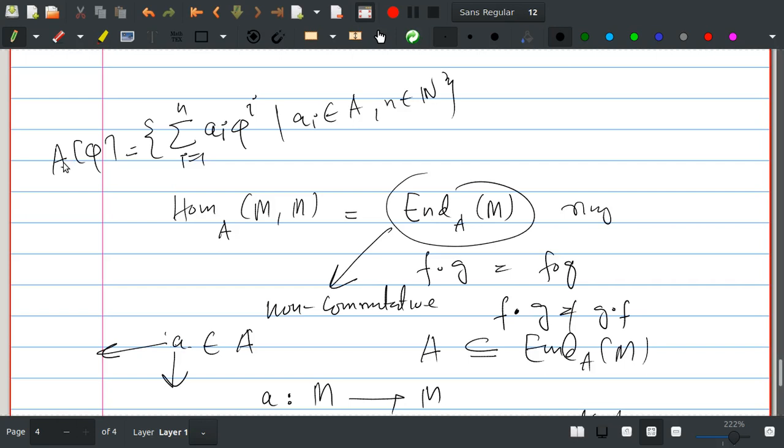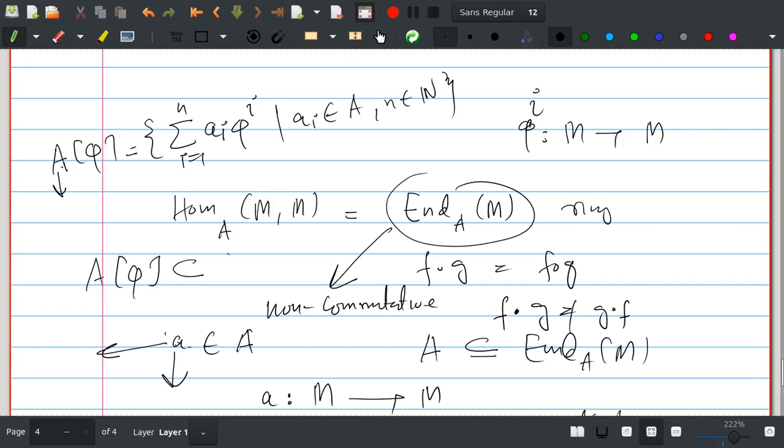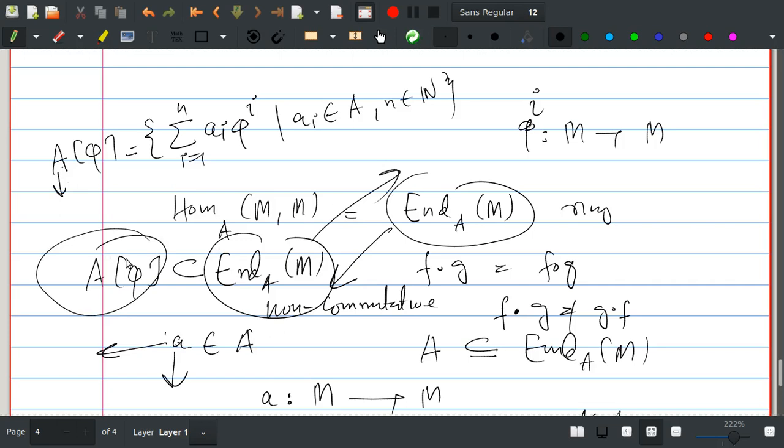Now note that each constant in A can be identified as an endomorphism of M, and phi is given to be an endomorphism because phi is a map from M to M. So is any power of phi. So that means A adjoined with phi is actually a subring of the endomorphism ring of M. Now note that this ring is non-commutative, but